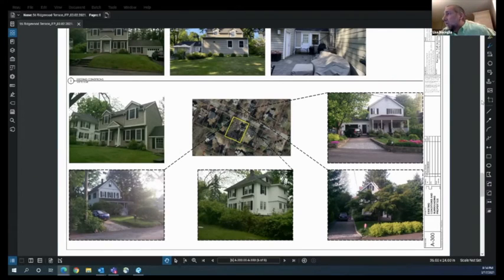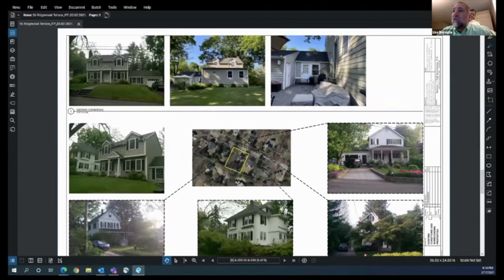So 56 Ridgewood Terrace, this is the front over here on the top left. We have a one-story garage with a guest room currently on the right side. A view from the back. You can see the back. And I don't have a side view, but